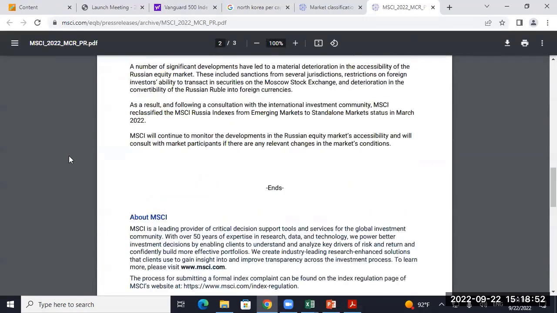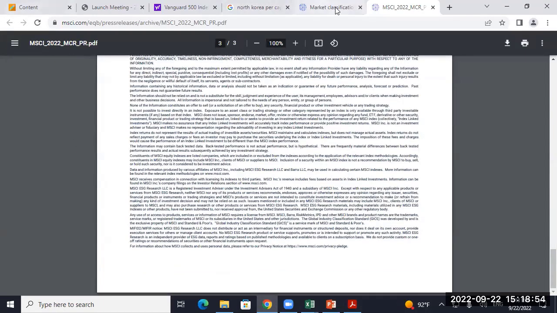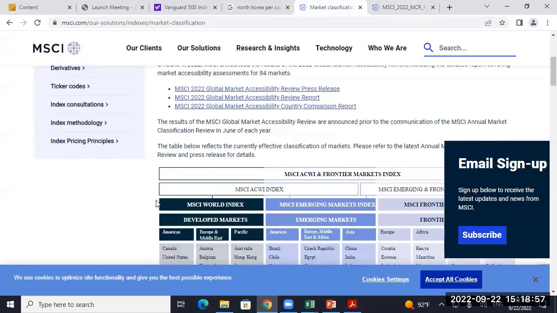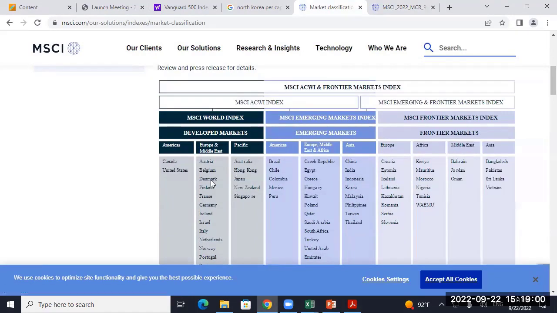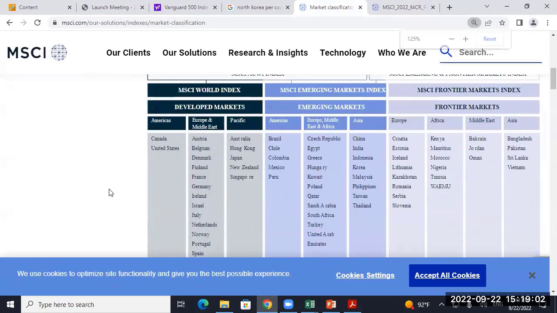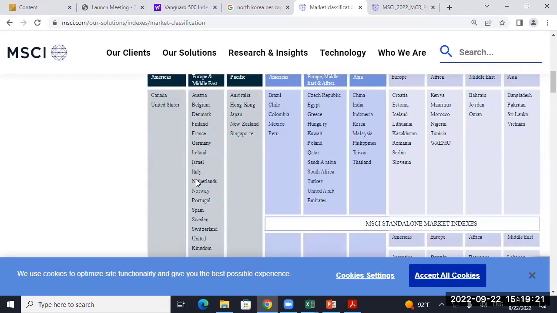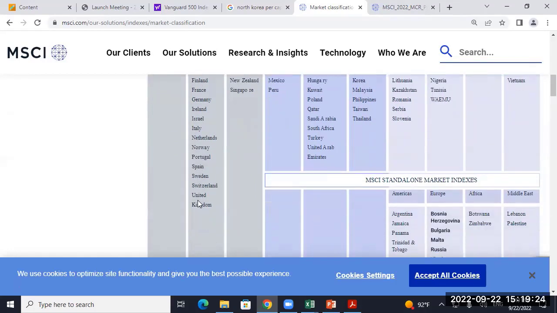So let's look and see how they have this set up. Yep, they didn't show it to us. All right, here we go. It was right there. Can y'all see that? All right, so developed markets in the Americas, that's it, Canada, United States. I go to Costa Rica. Costa Rica is a fairly stable country, but it is not a high stock market. I don't even know what would be in their stock market. Europe, we got Australia, Belgium, all the ones you'd expect. Israel might be the only Middle East there. I think it is.